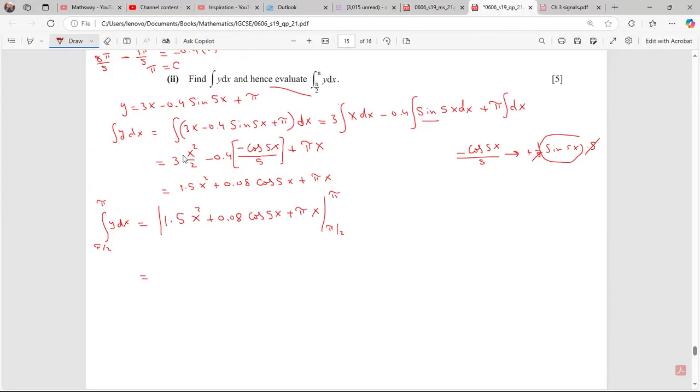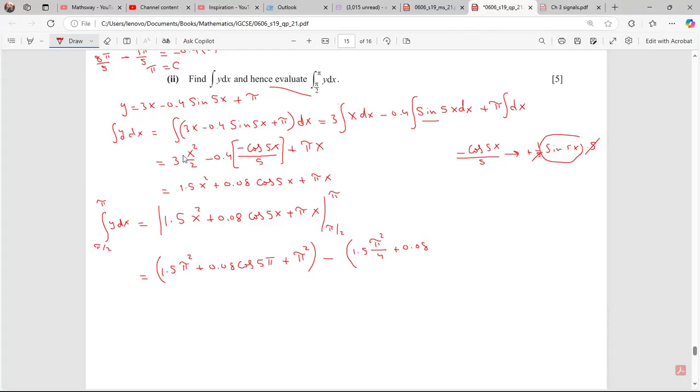Okay, so when I put the upper limit, it's going to be 1.5 and pi square, right? I am replacing x with pi. Okay, plus 0.08 and cosine of 5 pi and plus pi times pi is pi square. So I get all these things when I substitute the upper limit. Minus, now I will put the lower limit, pi by 2. So it is 1.5 and pi by 2 square is going to be pi square by 4. Am I right? Okay, plus